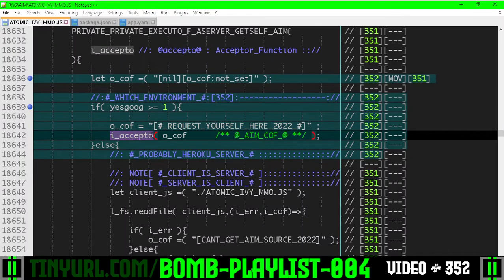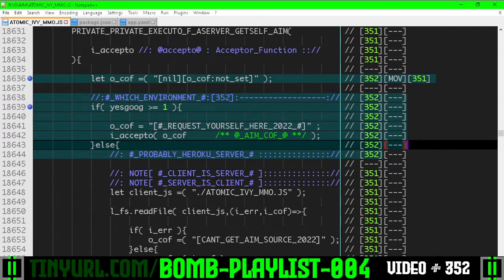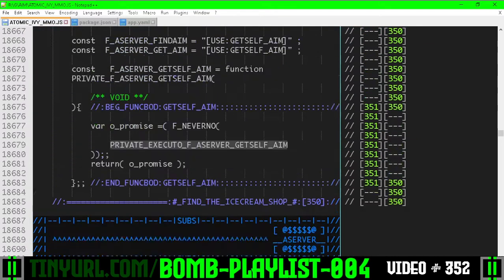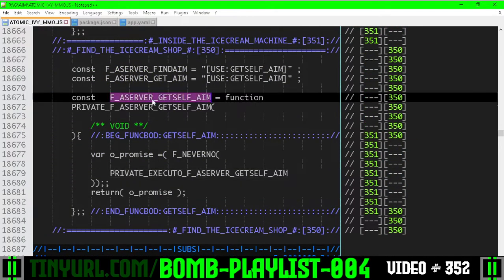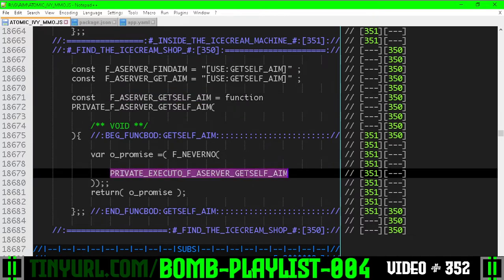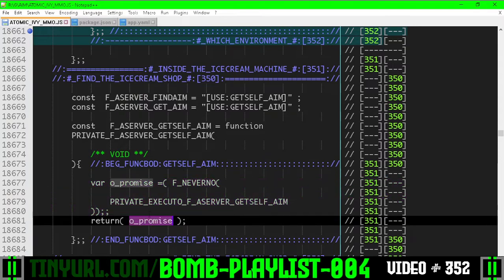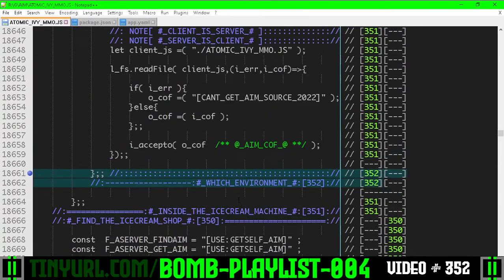So here we use the input acceptor function with the contents of the file. The contents of the file is this. We're not getting what we want for this executor function that is called by the getSelfAim function right here. The executor function that does all the heavy lifting is wrapped by a never no promise, returns the promise, and so on. So over here, this which environment thing, we made a beginning and ending tag for it,